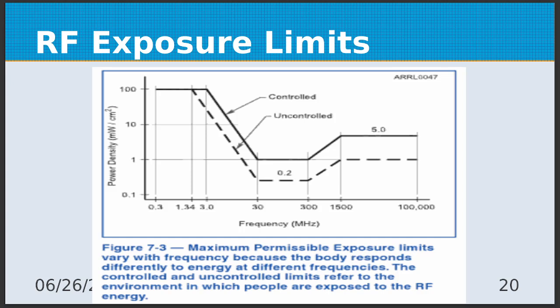So what this shows is what the limits are. At the bottom we have frequency, and on the vertical, power density. The lines that you see here represent two different things. You see the controlled limit, and this is the limit for you and those in your household that know that you're transmitting. But your neighbor, this is their limit right here. So their limits are less, and they should be getting less exposure because they're next door, and they should stay there.